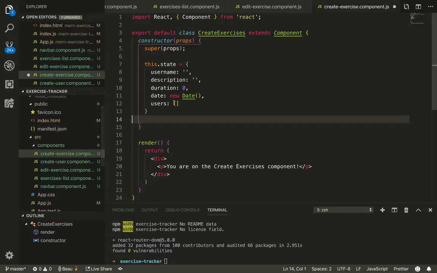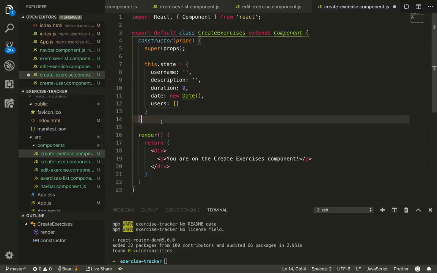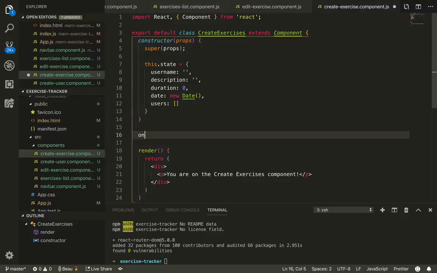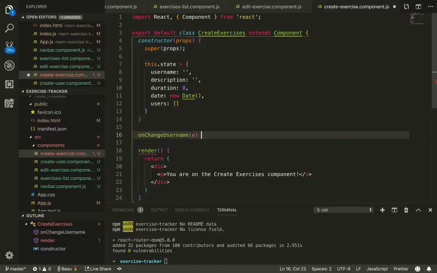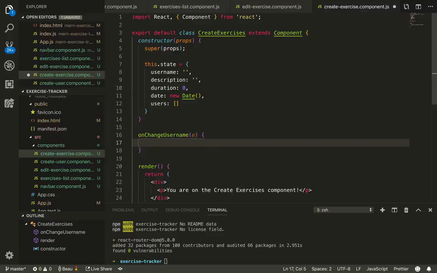So users, the reason why we have the users array here is because on our page, there's going to be a drop-down menu where you can select all the users that are already in the database. You can select a user to associate with your exercise. So now we need to add methods which can be used to update the state properties. So at the end of our constructor, I'm going to add a method here, onChangeUsername, and I'm going to pass an e. I'll explain the e in just a moment here,